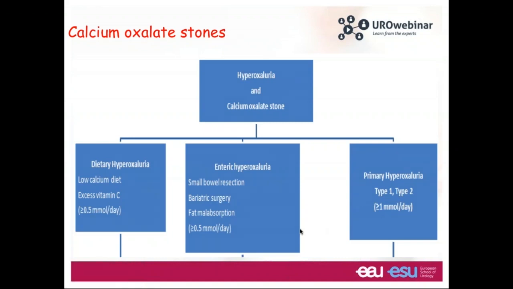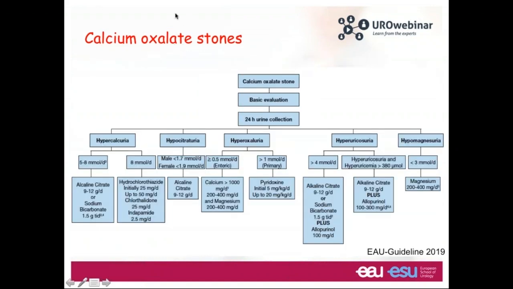Now, if you have a patient operated with a PERC and the stone comes back as a calcium oxalate stone, you have to do the basic evaluation. And if the patient is at high risk, with the same risk factors that we discussed before for stone recurrence, then you have to perform two 24-hour urine collections. There are five results that you will get and that you have to treat: hypercalciuria, hypocitraturia, hyperoxaluria,